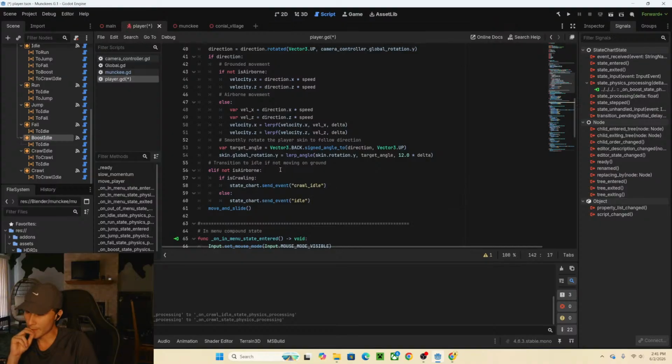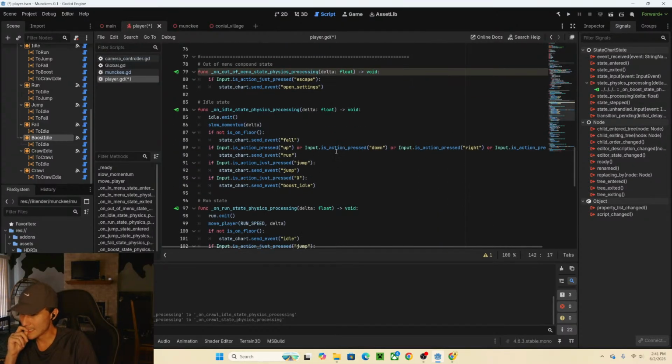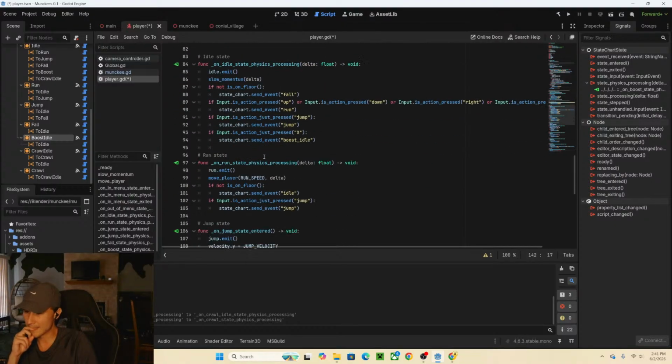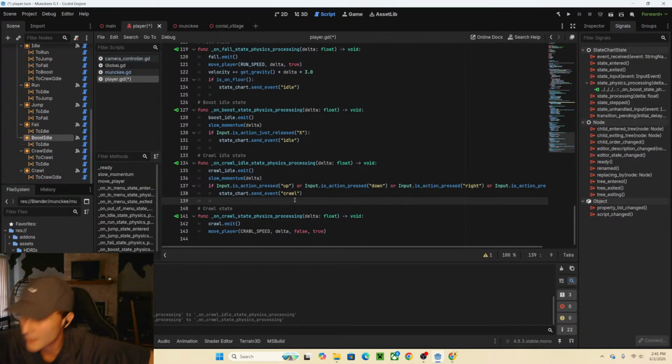This knight is not really on ground. Maybe I should get rid of this and just do the if input is action pressed this or this or the or... I don't know the best way to do that. We'll try it this way for now. Okay, so